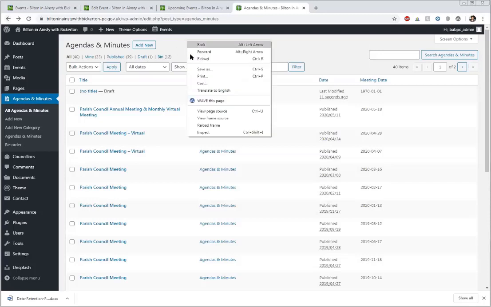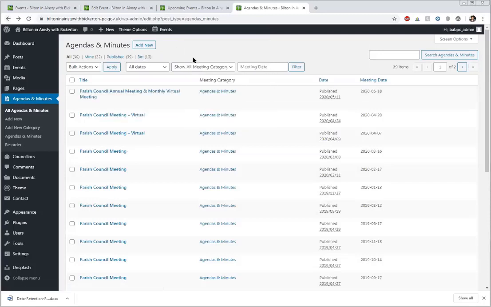But I suppose the thing to remember there is, if we were to go in at the beginning of the year and create 12 entries for agendas and minutes, but not put any document uploads with them, that would then create all the events within the calendar. However, if we subsequently change a date, we would have to go into the events section and change the date manually. Absolutely correct. All right, I understand all that. That's fine.